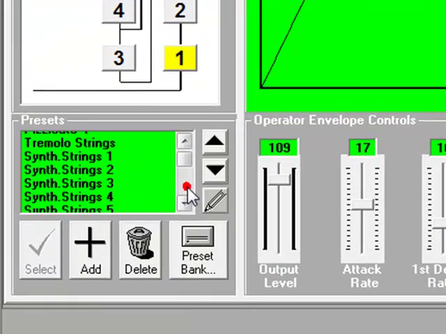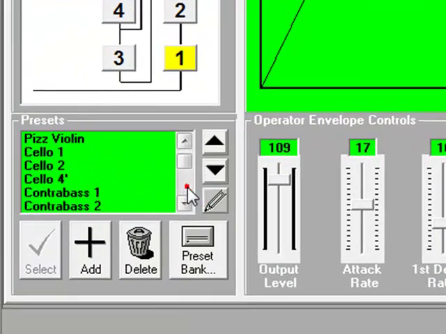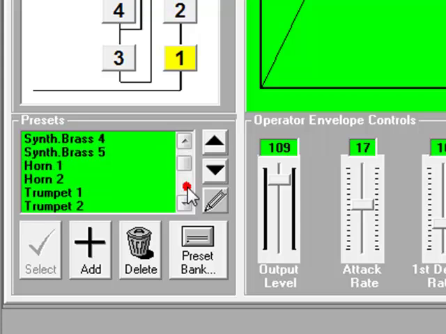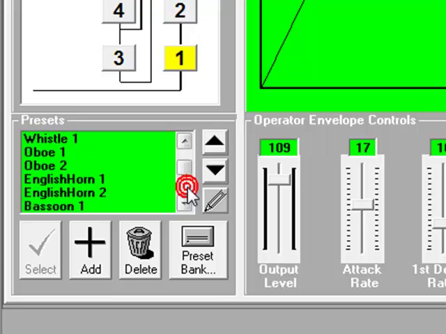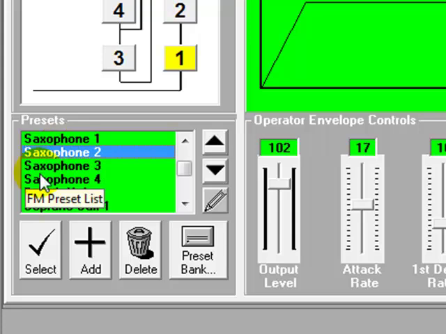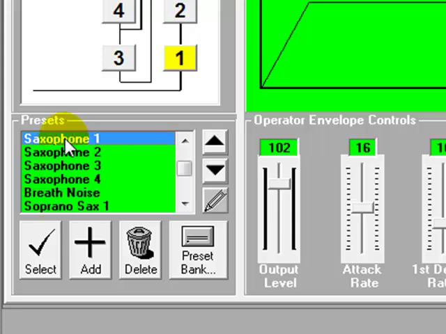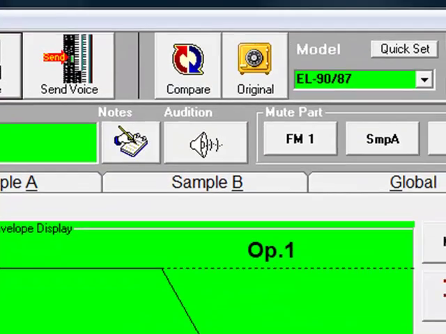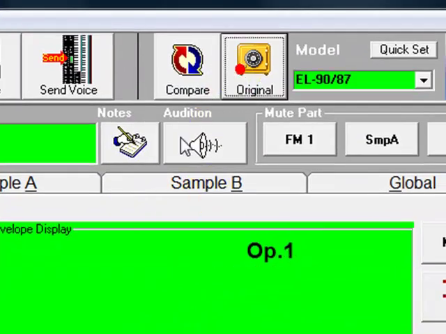If we wanted a different saxophone in the FM part, then all we need to do is to look at these pre-installed FM presets, and then when we find one, we just double click on it, and that now is an extra saxophone part on top. If we just revert back to our original sound